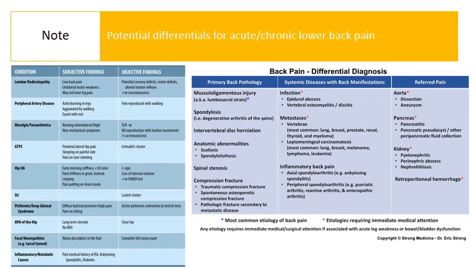The blue slide on the left side, these are more common pathologies seen with the lower extremity. Lumbar radiculopathy is where problems arise with pathology in the lower back that causes pain to radiate down either lower extremity. So they normally present with low back pain, and can present with motor weakness. Peripheral artery disease gives you an achy, burny pain in the legs. Meralgia paresthetica is a burning anterolateral thigh pain that's caused by irritation of the lateral femoral cutaneous nerve as it exits